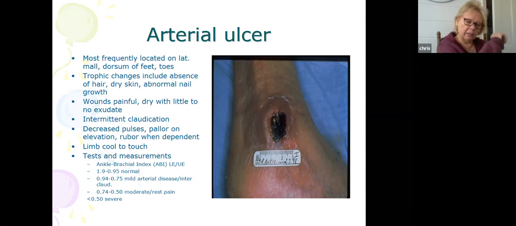When you bring it down to a supine position again, it's normal for the flushing of the blood to come back into the feet, so the feet look pink. It's abnormal if the feet stay white for 30 seconds or longer, and then after that time, flush a bright red color. Okay, so that's known as the Rubor dependency test.